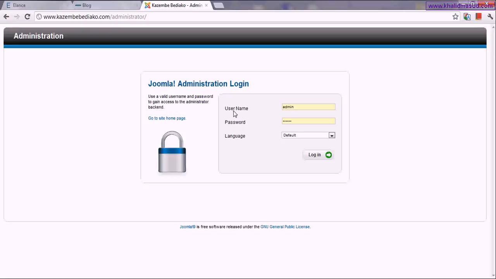Although you can use the same username and password which I have sent you before for your front end login section here, in order to do more stuff and in order to get more rights or superpowers for your website, you have to enter the administration login and username, and I will mail you this administration username and password later on.